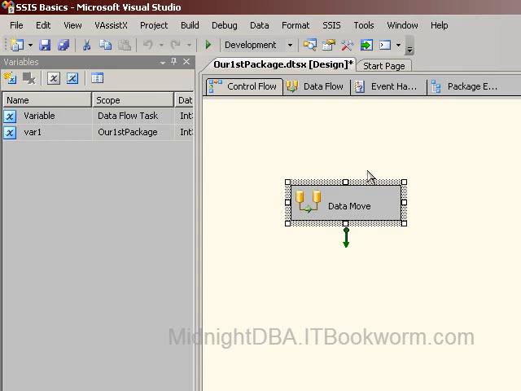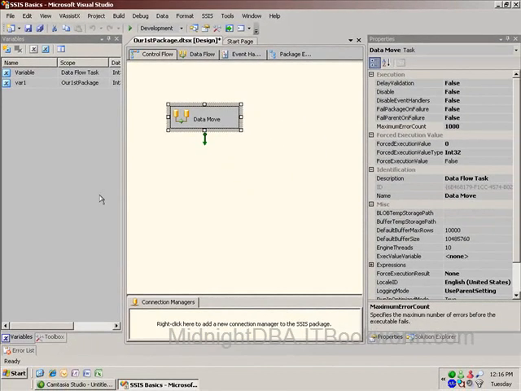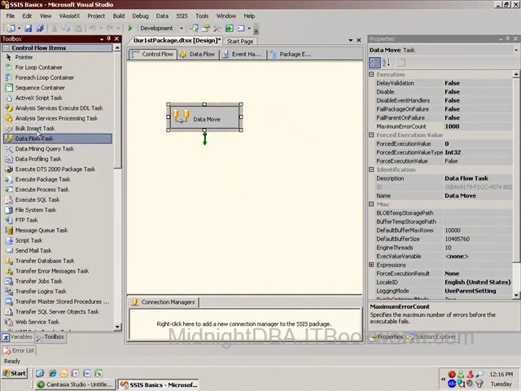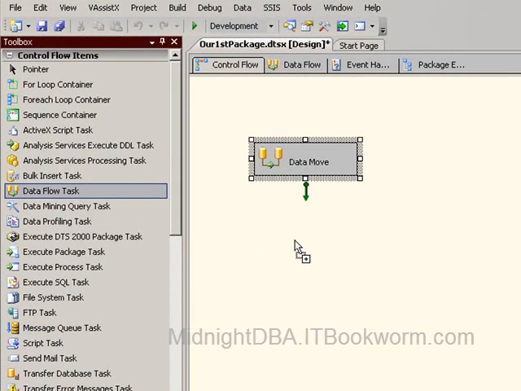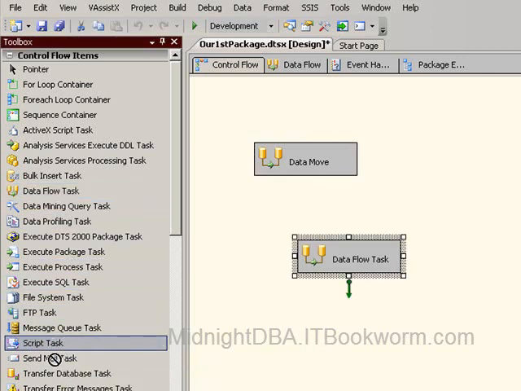And one more thing, I've actually got a video on documenting inside of SSIS packages, but I'll touch on it briefly for you, and you can go see the video later if you want. One of the things that I'm really big on is, let's say I have a data flow, and then another data flow, and a script,